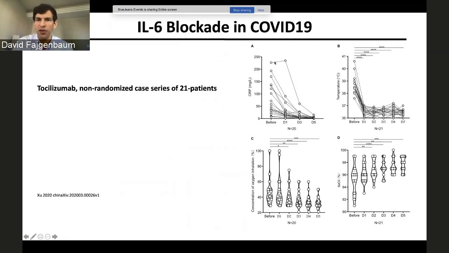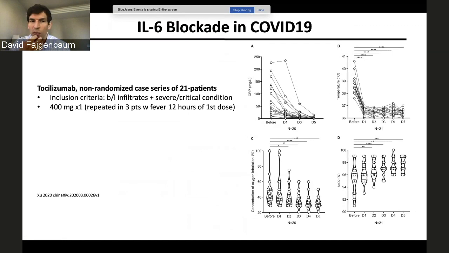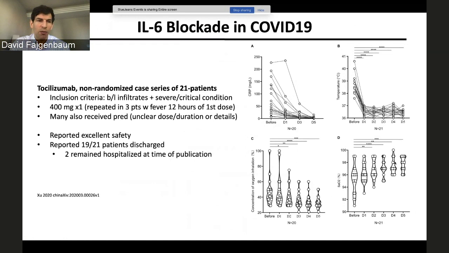On the right side of the screen you can see how CRP levels, temperatures, oxygen saturations, and the concentration of oxygen inhalation all improved really dramatically right after giving tocilizumab. We were really optimistic that maybe this drug would be really effective against the most severe COVID-19 patients. You can see a little bit more about the study: 19 out of 21 patients were discharged, and 2 were still in the hospital at the time of publication. I think this is really promising and got a lot of us interested in using IL-6 blockers